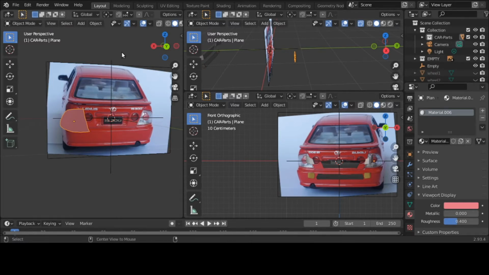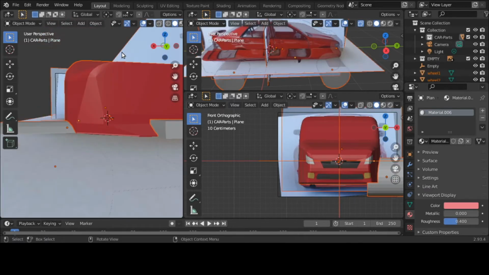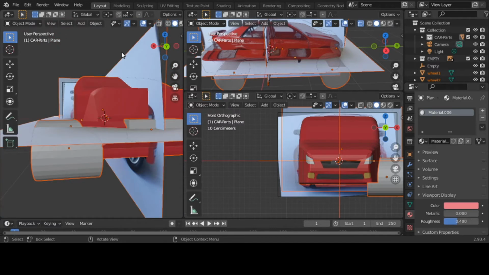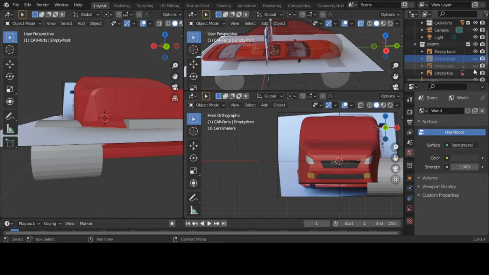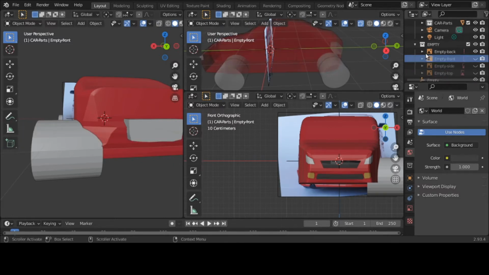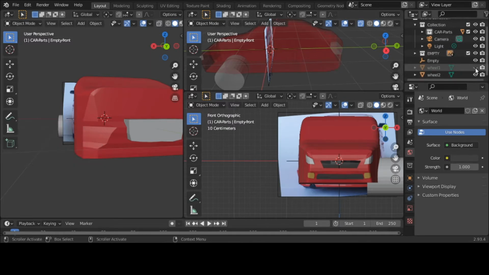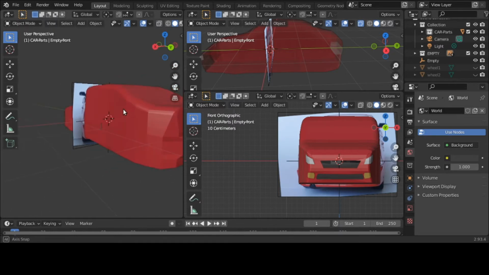Hit Alt H. Bring back my car. But when I hit Alt H, it brings back them other annoying parts too. But I guess that doesn't matter. It brings back them other parts that I don't want to see. I don't want to see front, side, that, or those wheels. I can get rid of wheel 1, wheel 2. I can get rid of that. I'm only worrying about